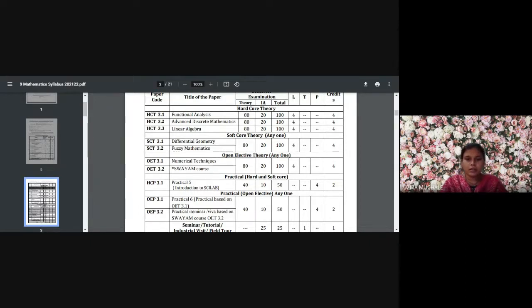And the next one is SCT 3.1, that means soft core, in which we are going to provide you two papers of mathematics. In this also you have a choice, but due to the shortage of teachers available here, we are not going to give you a choice. No doubt you can select fuzzy mathematics, but no one is going to teach you. You have to prepare it on your own. So that's why in SCT 3.1 we are going to consider the paper of differential geometry,